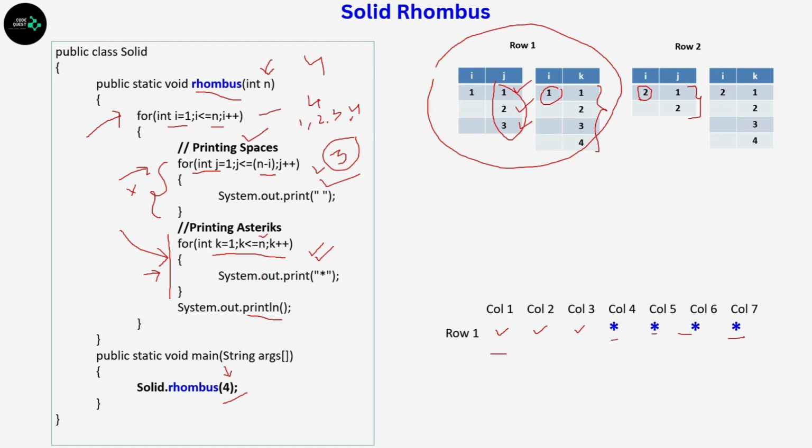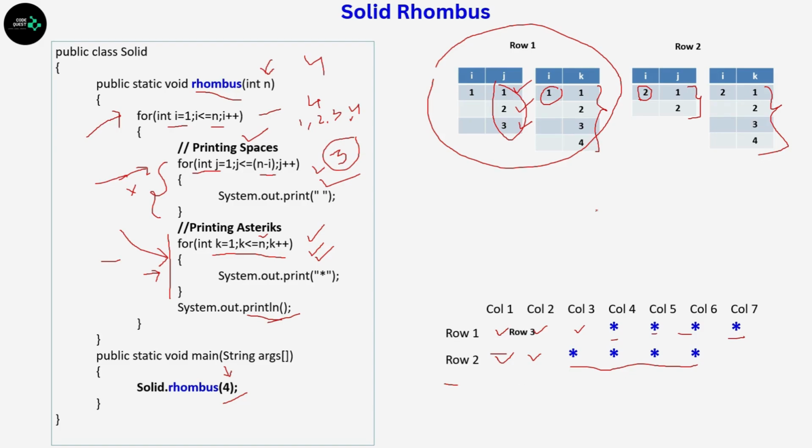And the k loop is always going to print 4 asterisks. You can see the k value is 1, 2, 3, 4. By the end of both of these inner loops, for the second time, I get 2 spaces followed by again 4 asterisks. Once again this println is going to bring us to the third row,